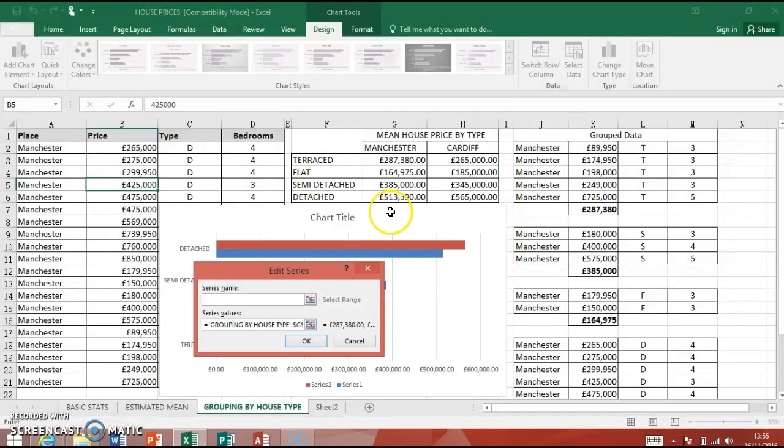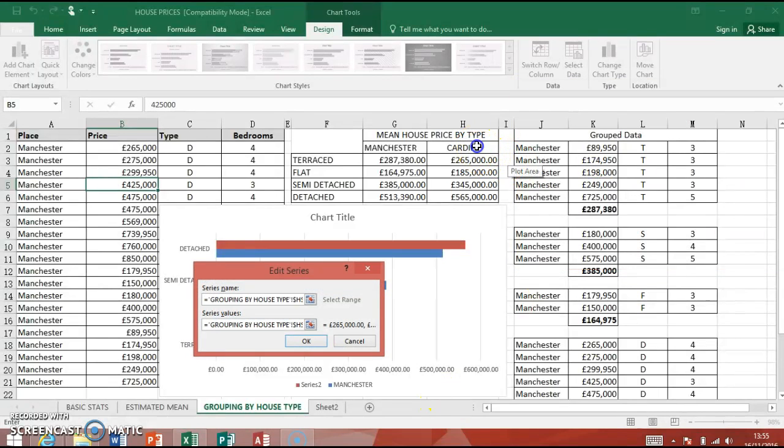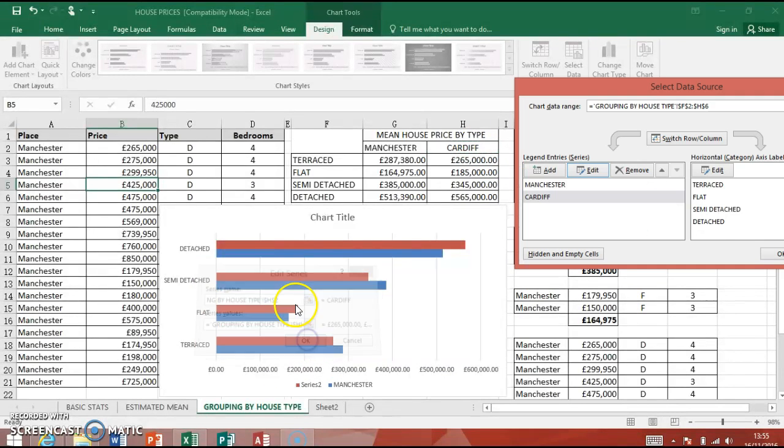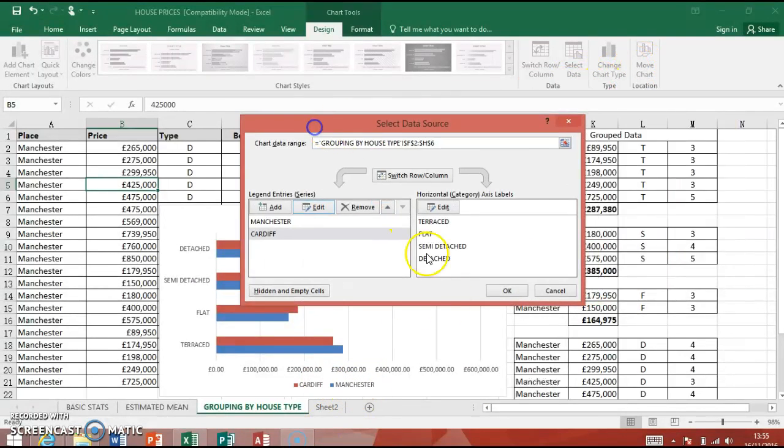Series 1 was Manchester, so I'm going to click on Manchester and click OK there, and see it's changed in there. I'm going to go to series 2, edit, and click on Cardiff there. You can write the names in if you want to, if they're not on there. So that is the select data source